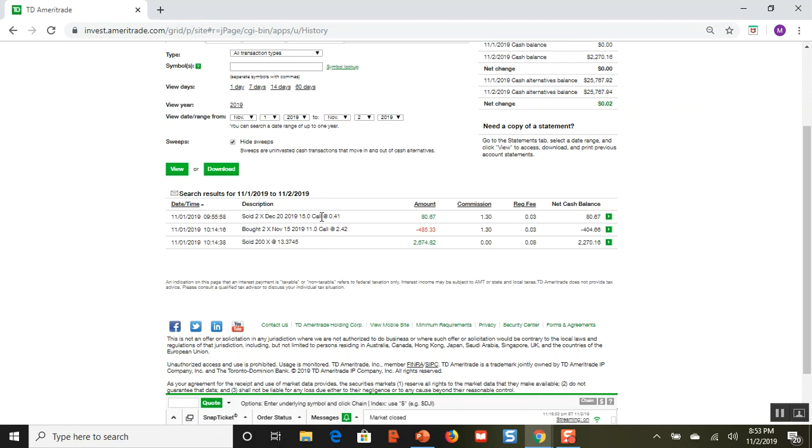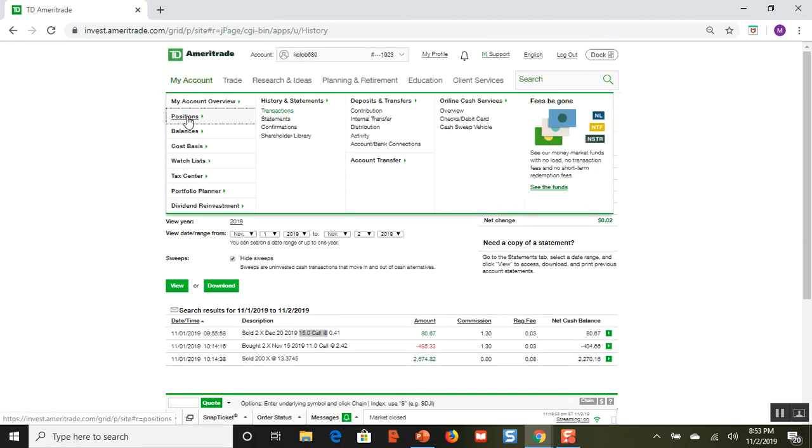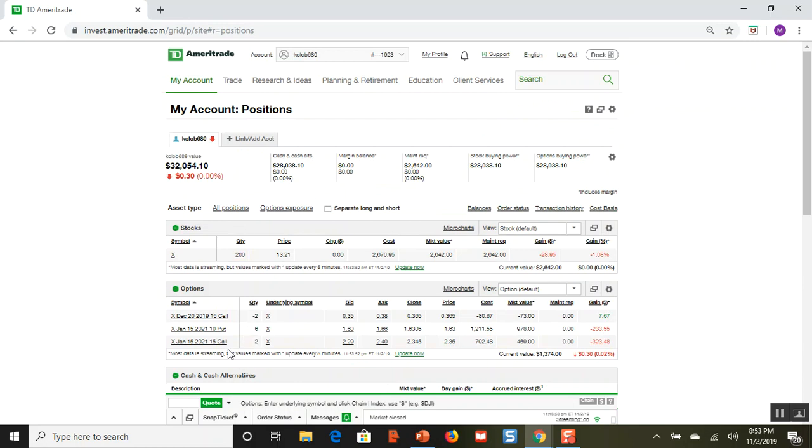And the reason why I chose $15, those expire in about a month. Those are expiration December 20th. That's in about a month and a half, I guess, 48 days or whatever. And the reason why I chose $15 strike prices is because my position, I'm holding $15 calls. So if it still does go to $15 and it goes higher,